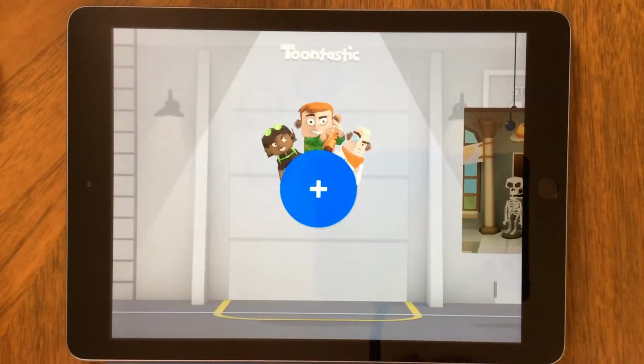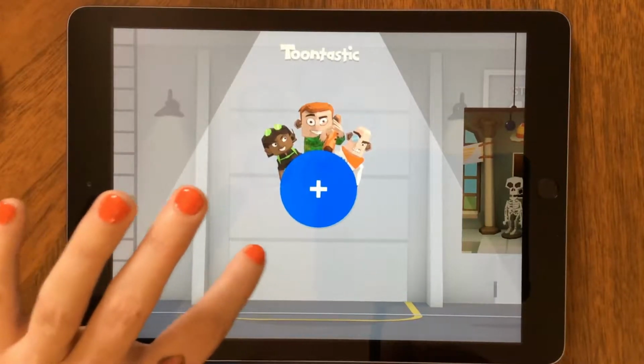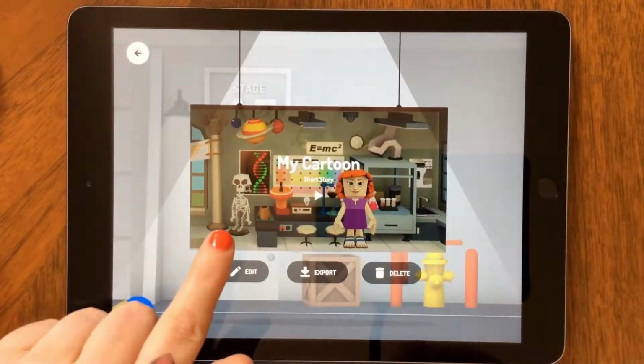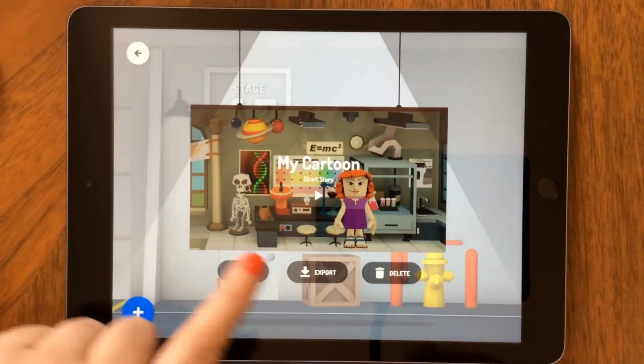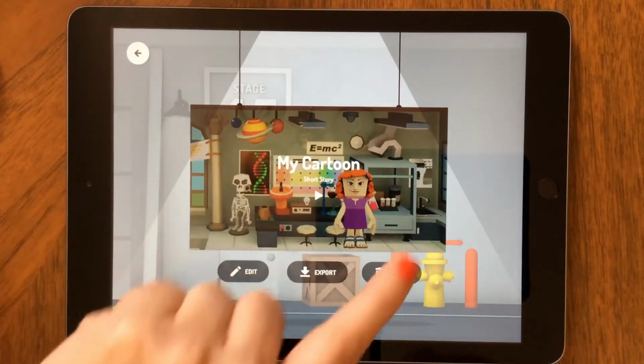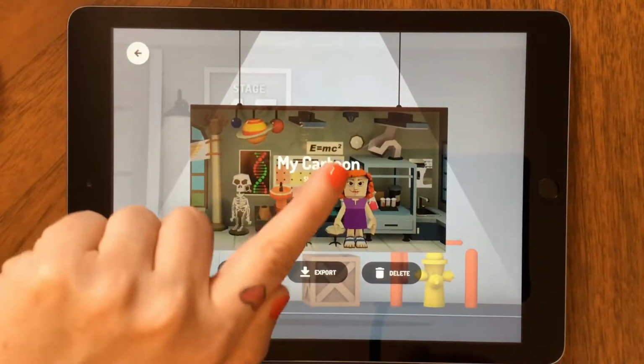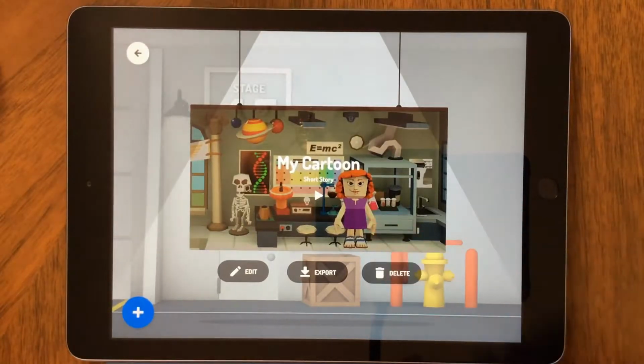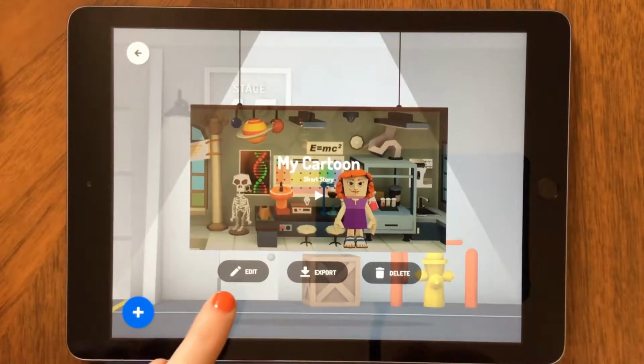Click to skip the intro. We do not need to click on the plus this time. This time we can scroll over until we find our cartoon. You'll know it's your cartoon because you'll see the setting that you picked when you did the first part of this skill building, and you'll also see your character. There might be other cartoons there, so you want to pay attention and only get yours. Once you see yours, you're going to click on Edit.